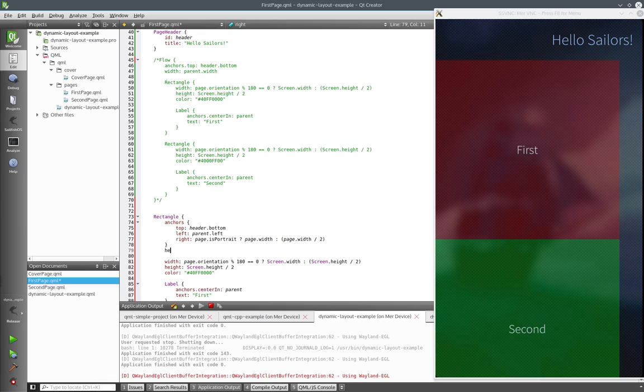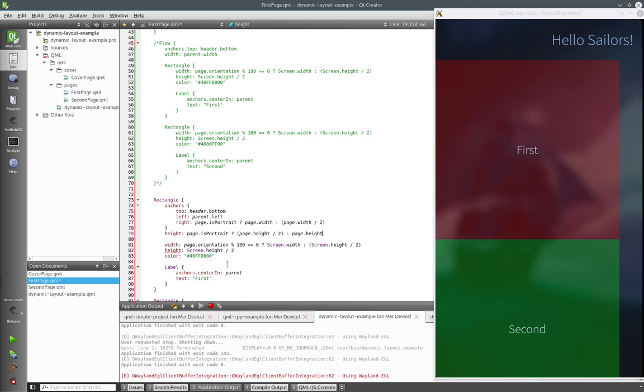We will just use a height property and set it also dynamically using the page isPortrait property to page height: half of page height in portrait, or full page height in landscape orientation,